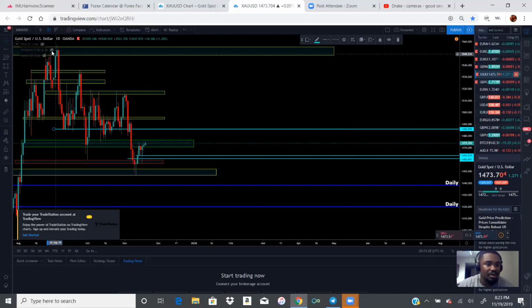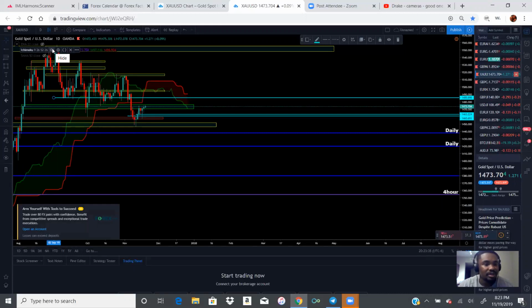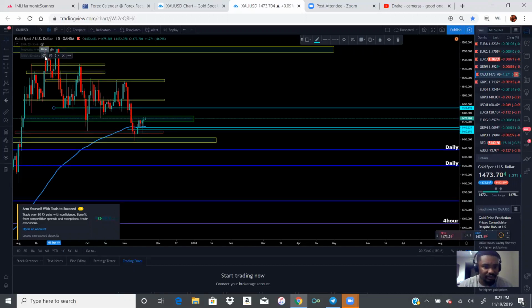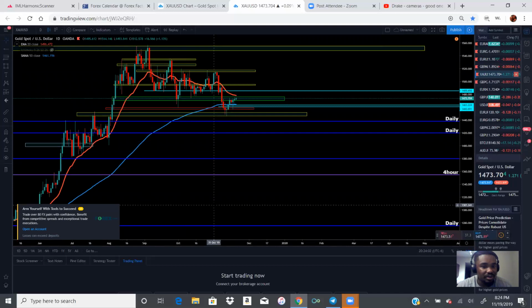As you know, I use the Ichimoku cloud as my support and resistance. I usually blank that out while I'm looking at the chart, but I also use a 50 SMA, which is a 50 simple moving average, and a 20 exponential moving average. The reason being is when these cross, a lot of times it gives you a lot of entries, right? And then once it gives you an entry, actually